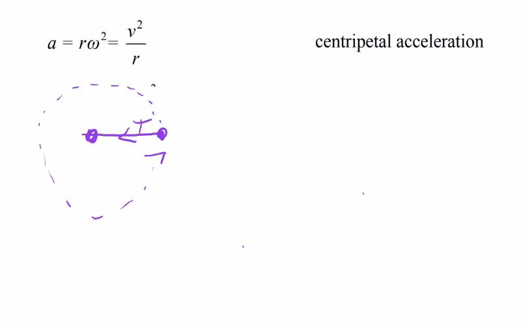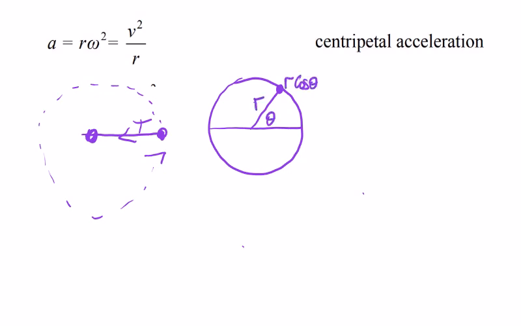So let's look at knowledge that we already have from the unit circle. From the unit circle, we have any point on the unit circle: if the angle inside is theta, and r is the radius, it will be r cos theta in the i direction, and r sine theta in the j direction. So if we change this to radians, which is what we're working with here,